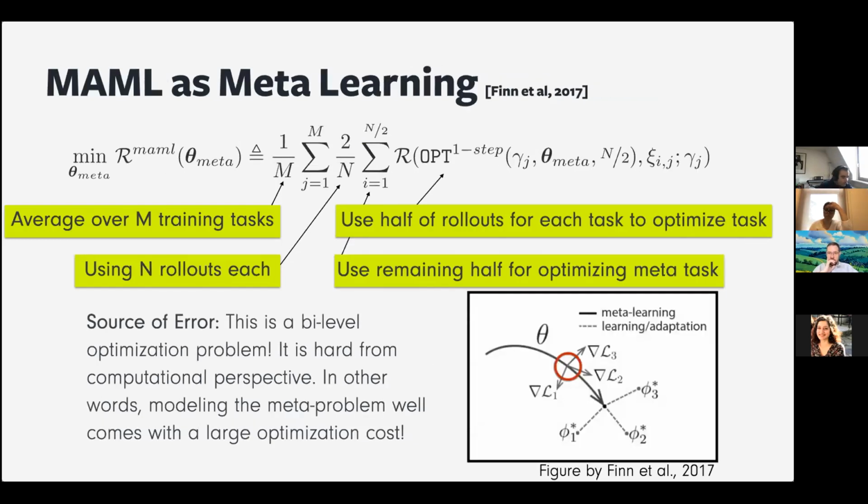So then you can ask, what is the hidden error or hidden cost that we made while defining the MAML objective? The MAML objective looks nice, but it's actually not. The issue is the MAML objective is bilevel. There is this inner learner which, given an initialization, optimizes the tasks. And there is an outer objective function, which is trying to find the best initialization. So there are two optimization problems interleaved in a hierarchical sense.